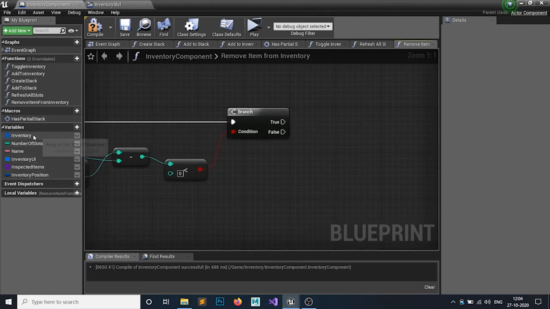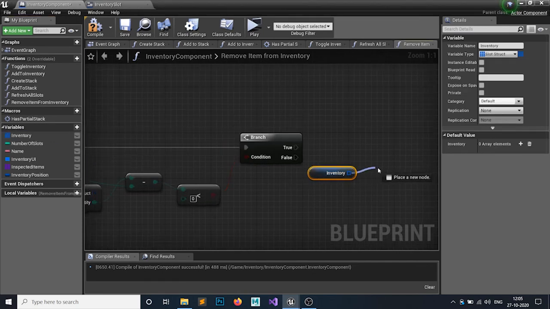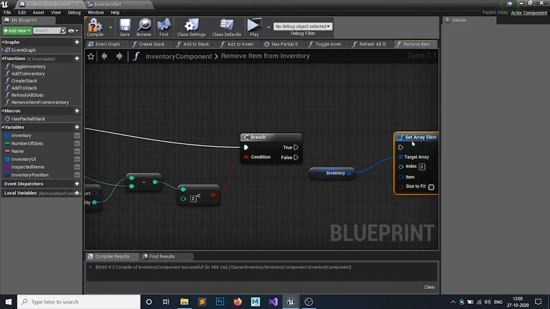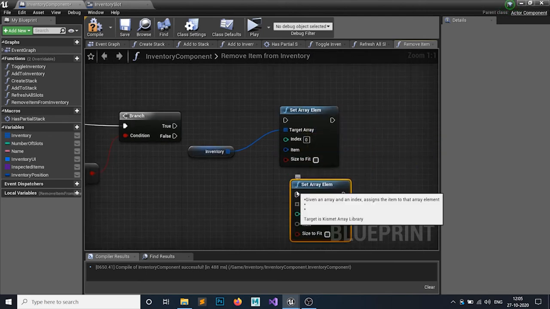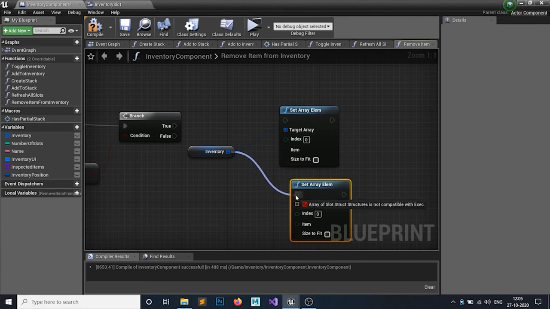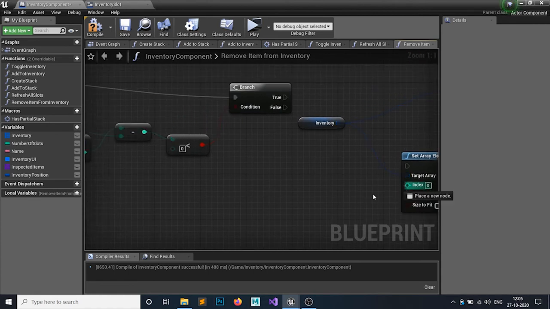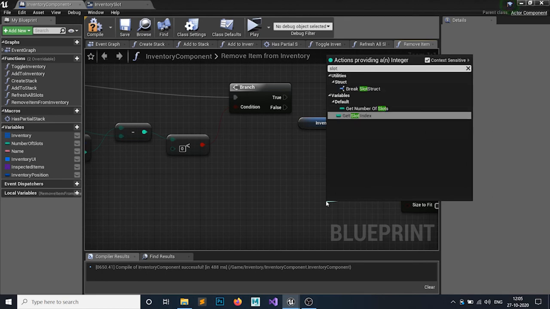So how are we gonna do that? Get your inventory and set the array element. I'm just gonna duplicate that with Ctrl W to set the array element for both of these. Attach it to here. The index should go to the slot index.